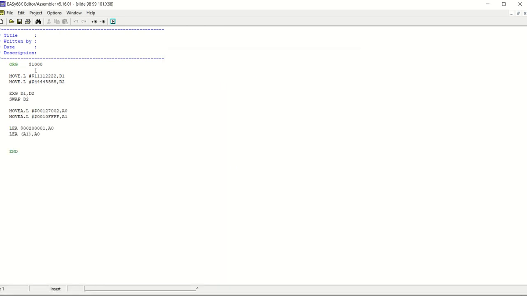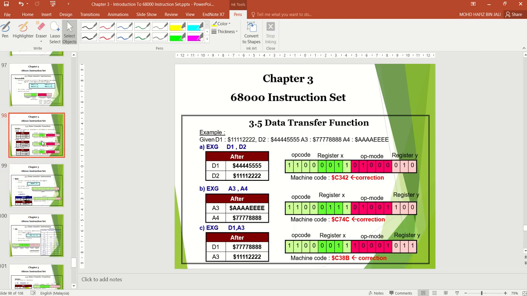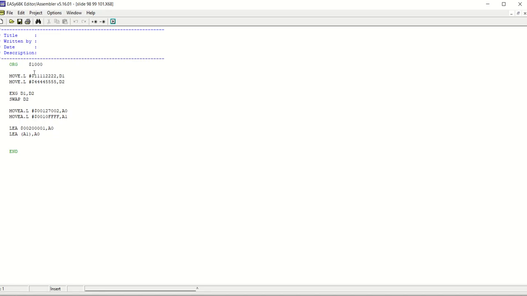First, this is based on this slide. Set the value of D1 to 111222, and move the value of D2 to 444555. Then exchange D1 and D2.